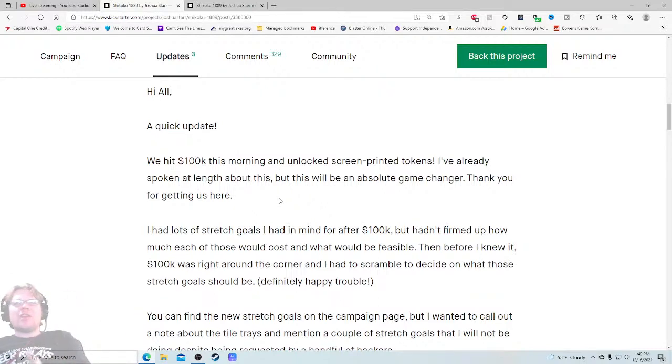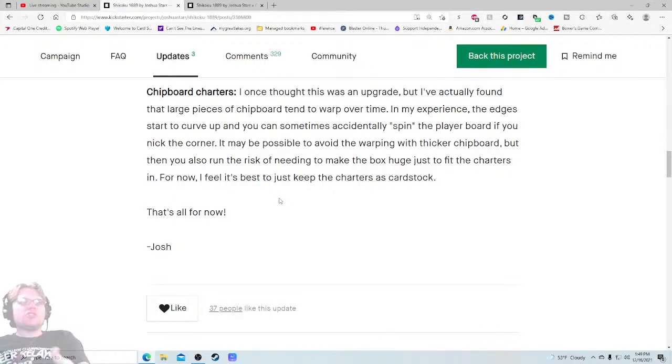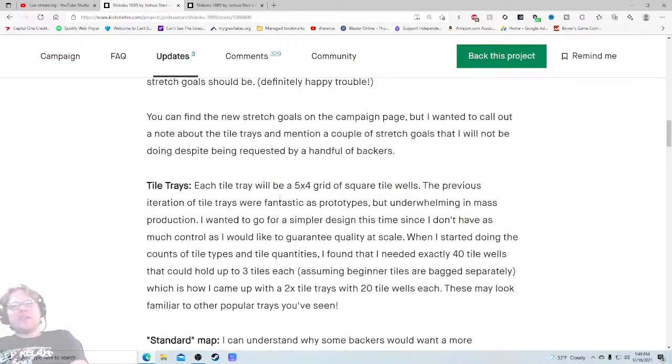We had 100K this morning and unlocked screen printed tokens. I've already spoken at length about this. This will be an absolute game changer. Thank you for getting us here. I've made those stretch goals: tile trays, standard map. That's all for now. So you just kind of regurgitated stretch goal information, it looks like, and stuff about the